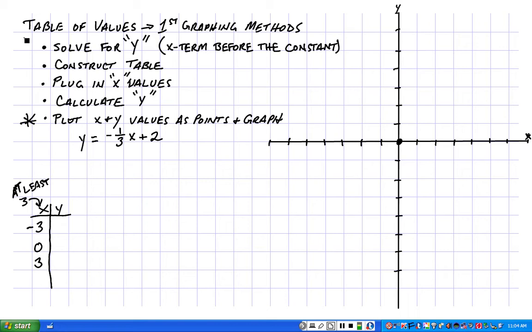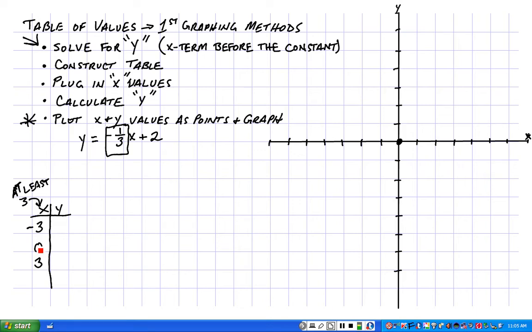When you solve your equation for y, and once you've done that, you notice that your x has a fraction for a coefficient. Notice, my x now has a fractional coefficient once I've solved for y. The equation is solved for y, and my x is attached to a fraction. Okay? So, once I determine that my x has a fraction for a coefficient, then instead of using negative 1, 0, and positive 1, which are our normal numbers to use, we want to use